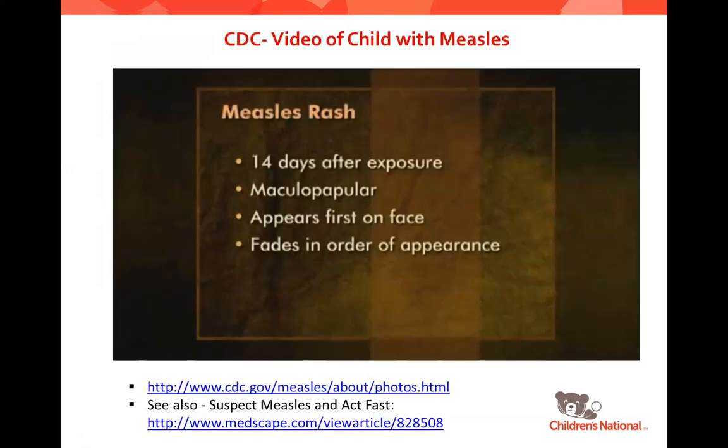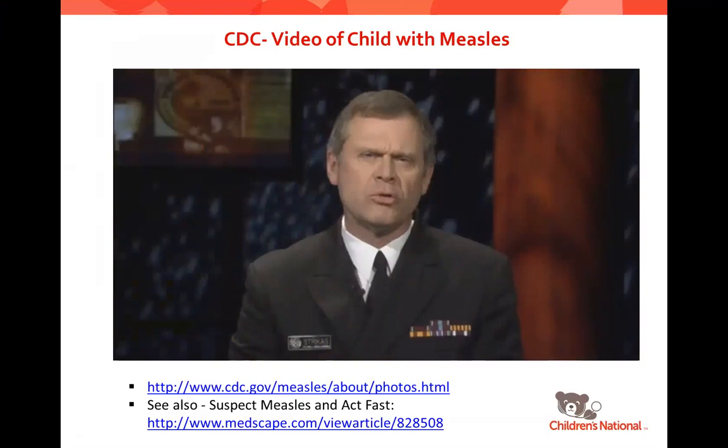The rash appears about 14 days after exposure. It's caused by deposits of measles antibody in the skin. The rash is maculopapular and appears first on the face. During the next 2 or 3 days, it descends to the trunk and then to the arms and legs. The rash fades in the order of appearance. You may have seen measles when it was more common